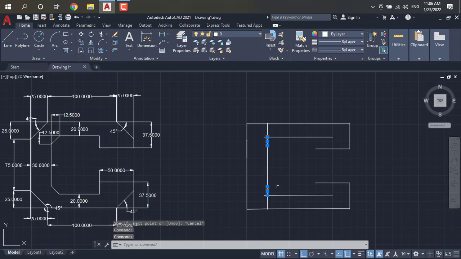From these points we have to incline the lines as 45 degrees. So again take a line. Here this is our point, and here just turn off the F8 mode, and here you have to give the 45 degrees line on this 45 degrees line, which meets the bottom line. Yes. Again take a 45 degrees line from here to here. This is exactly 45 degrees. Yes. Next we have to trim the extra lines.